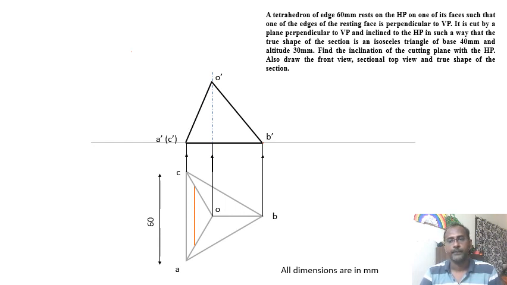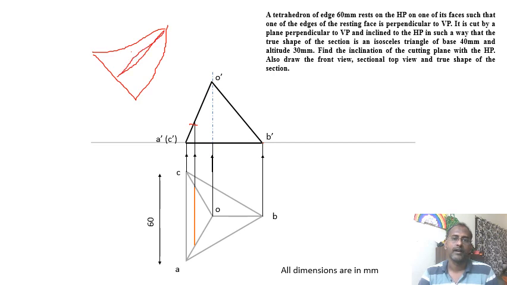So this line should be of length 40 mm. Once you have drawn that, you drop a vertical projector upwards to the front view. That will go and meet the lateral edges OA and OC over here, right? So that is the next pick. You should get this particular point. Once you get this point, you also know that in the final shape, which is an isosceles triangle, this is the altitude. Where does this altitude come? The altitude comes here, right? Which will be of the same length.